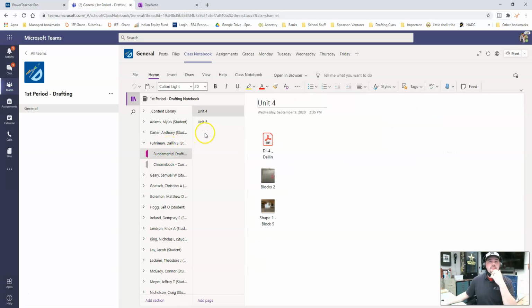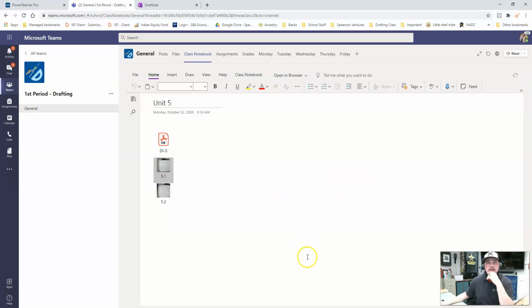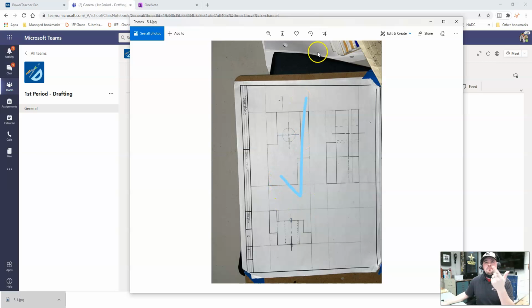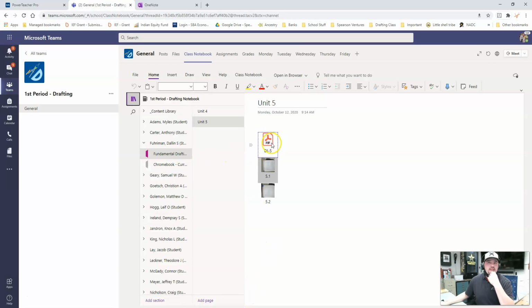And when he opens up fundamentals, he's past unit 4 because there's a unit 5, and essentially there's an instruction sheet. Now he has 5.1 done and 5.2 done. So if I opened up 5.1, it would look like this with a check mark above it. Pretty self-explanatory. If I open up the instruction sheet,